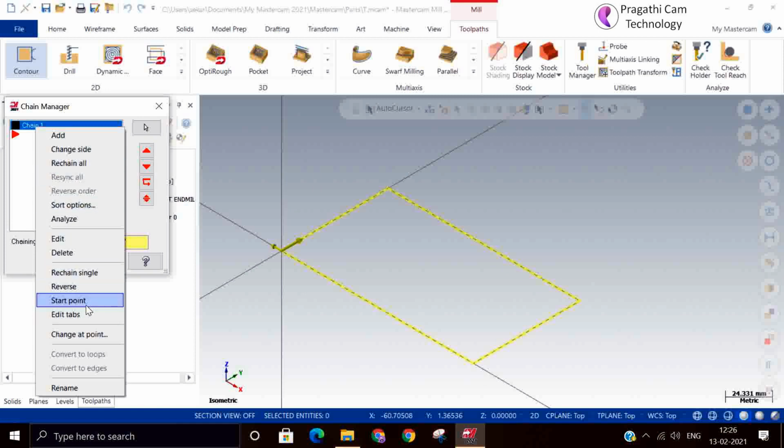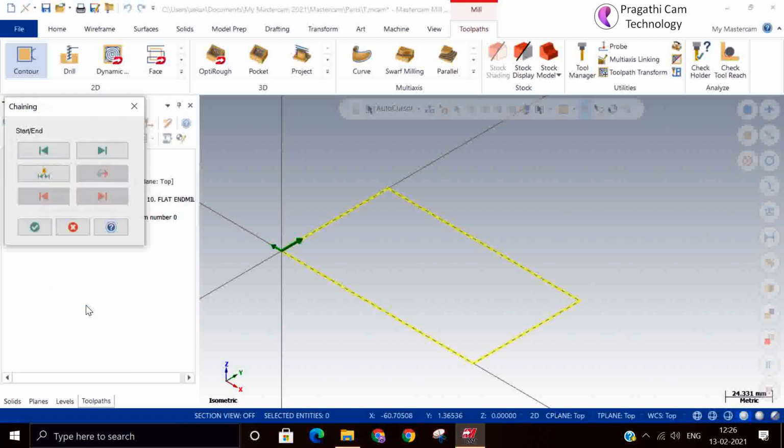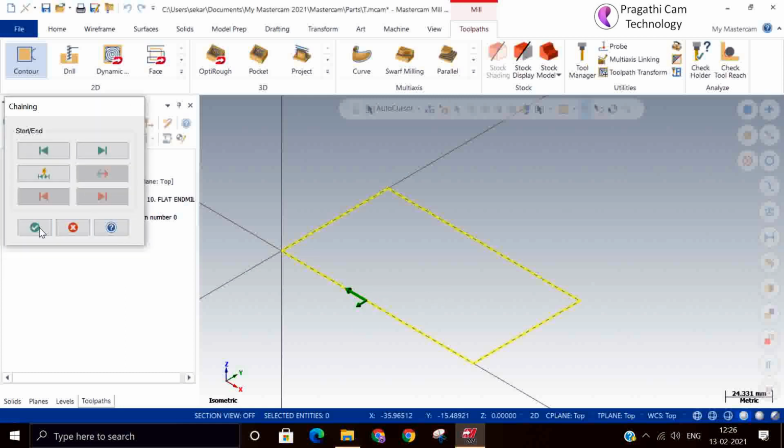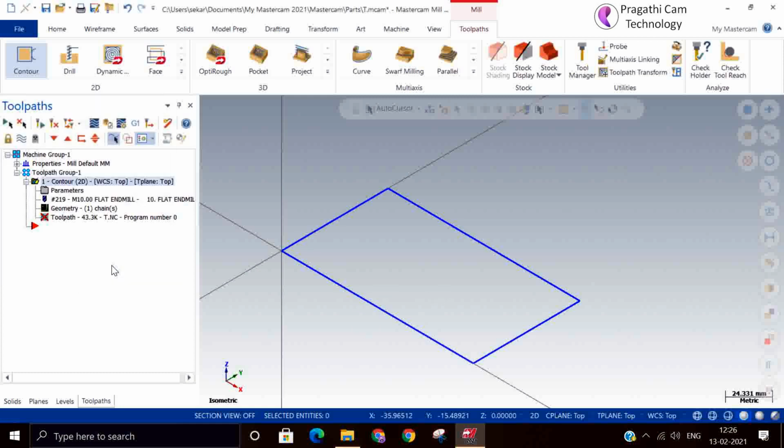You click there, and by just moving that arrow you can change the direction, or you can select the dynamic option and pick it wherever you want. You can keep it there. So now we can change the entry point, the start point.